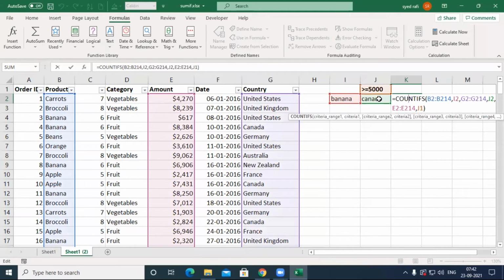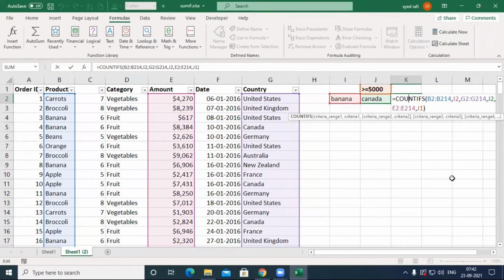Okay, I hope you can understand. So in COUNTIFS, the first argument is criteria range 1, comma, criteria 1, criteria range 2, comma, criteria 2, criteria range 3, comma, criteria 3, and so on. You must give it in this pattern.